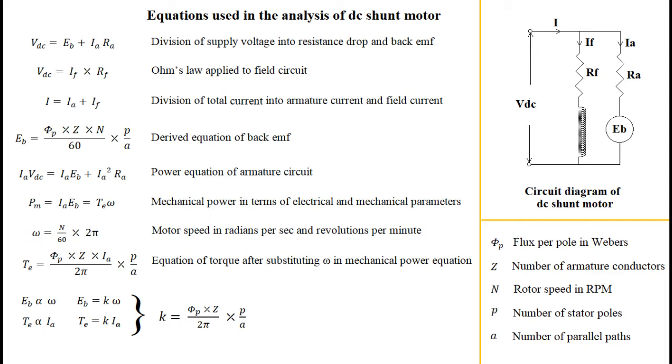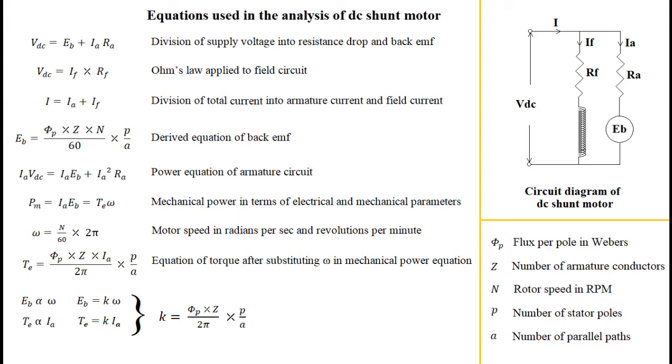The next and fourth equation is already derived using differential coefficient that related rate at which magnetic flux is cut by armature conductors. All the parameters that appear in the equation are explained on the screen at right bottom corner. It would be beneficial to know names of parameters and their units to understand the equation. This equation may be considered as basic equation that applies to both modes of operation of machine, as a motor or as a generator.